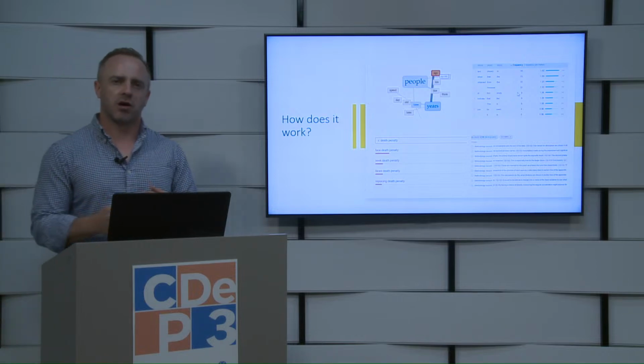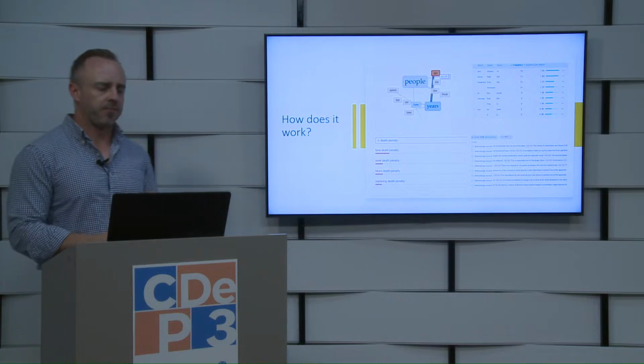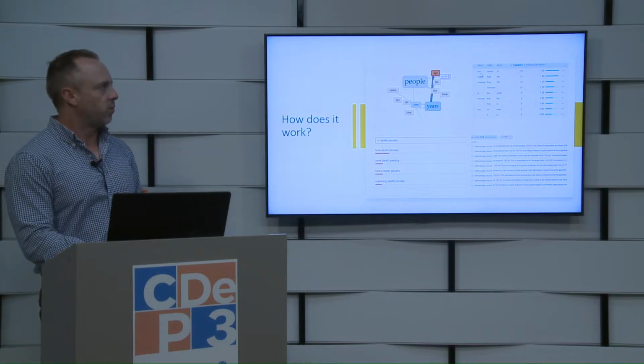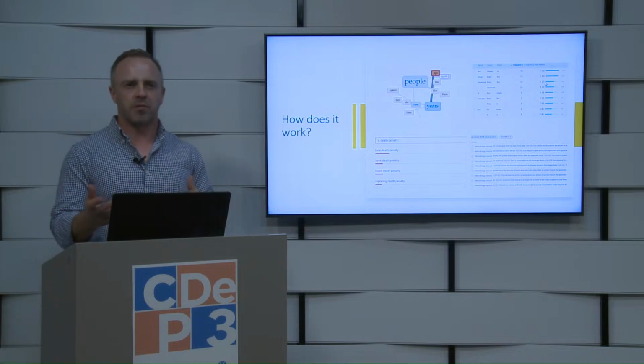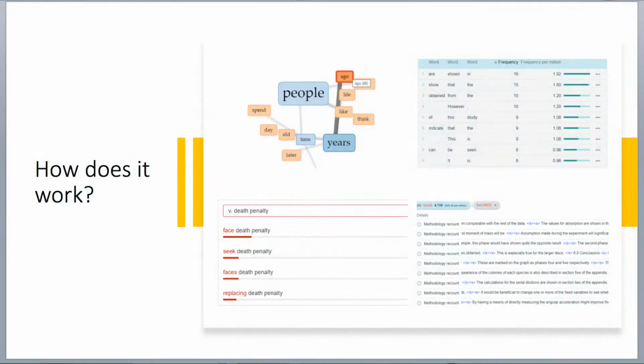Corpora also allow us to conduct some statistical work on language data. For example, here we can see the most frequent three-word combinations that appear in the particular data set of interest. For example, here are shown in, show that the, obtained from the, with some information as to their frequency and their relative frequency in the corpus. And the idea behind usage-based approaches to language learning, as we see in corpora, is that usually the most frequent and most used language should be learned first.